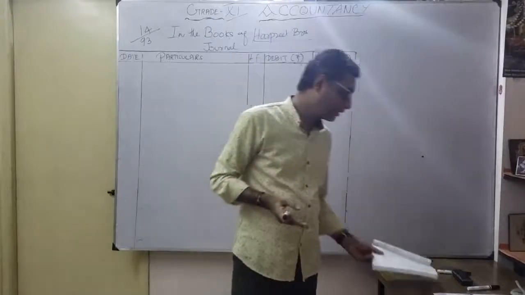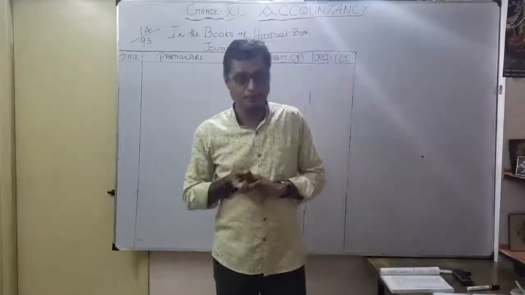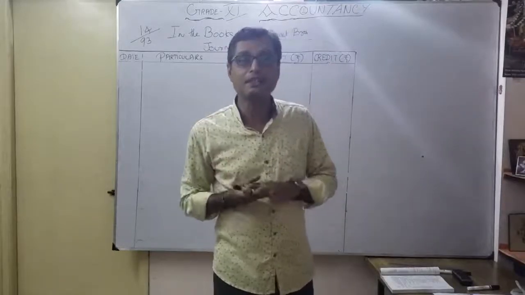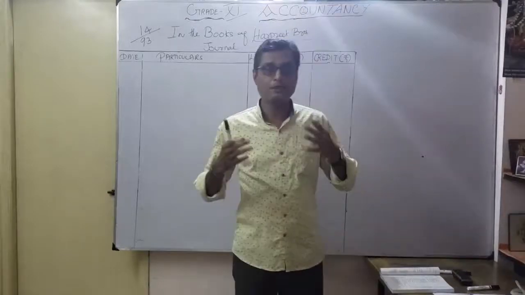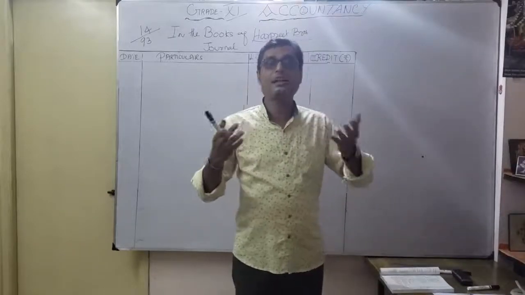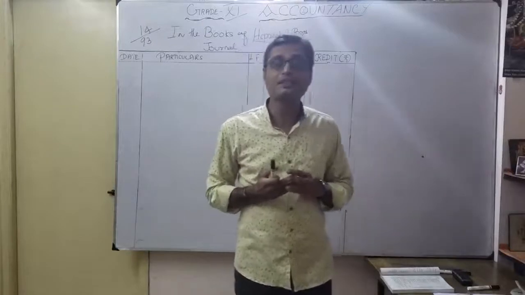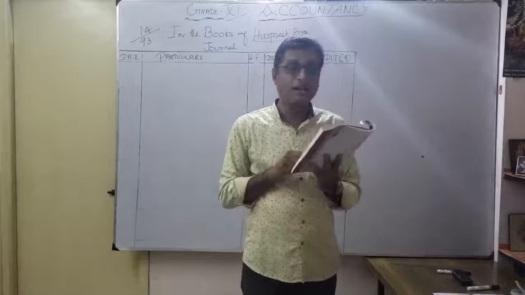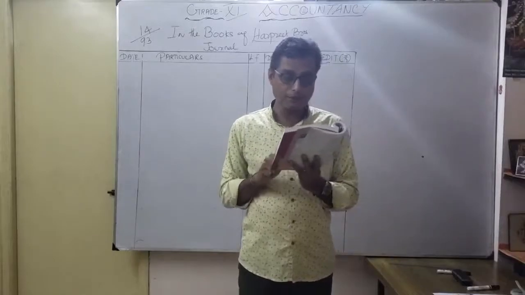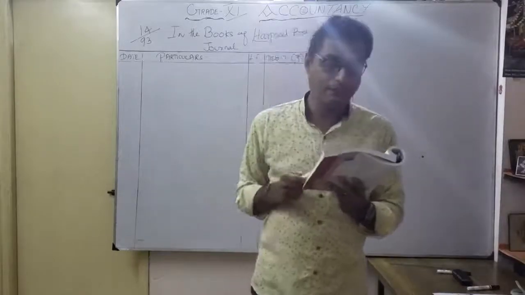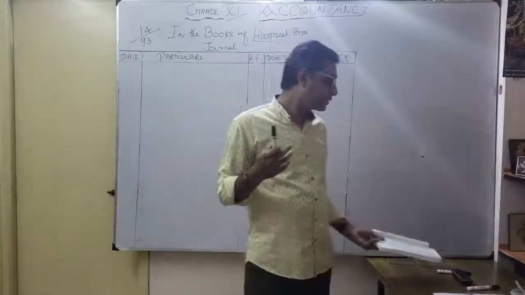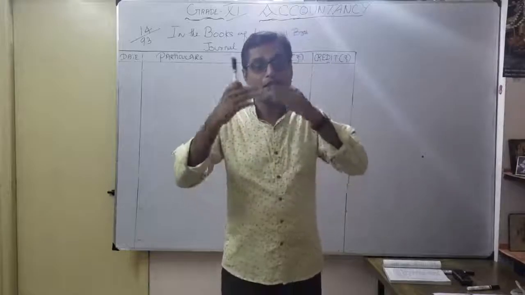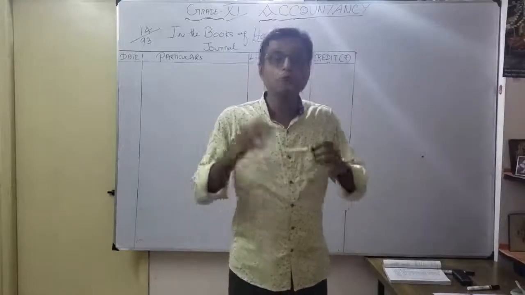As you already know about bad debts: whenever we make sales on credit, the person becomes a debtor. For example, goods are sold on credit and later the person has to pay. This 1000 rupees is considered bad debts because that particular person, Rohit, is unable to give the money. Rohit has not yet given the 1000 rupees, as we already sold goods to Rohit. How do we prepare the journal entry?